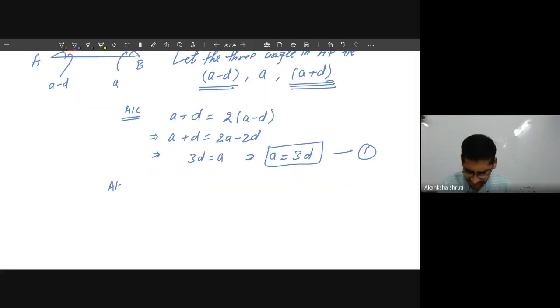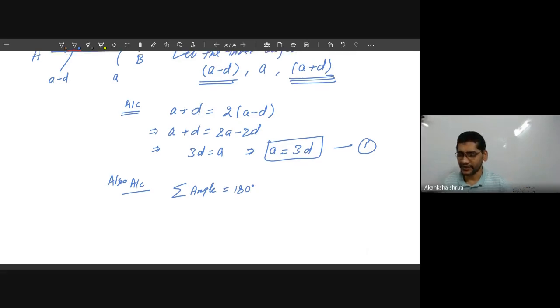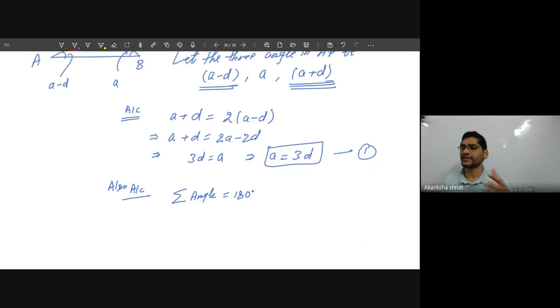Also, according to the question, the other condition is what? The other condition is that the sum of all the angles in a triangle is 180 degrees. Though it is not given in the question, it is always available with you. It is in your pocket wherever a term like triangle is given. Like if a right triangle, what does it mean? Pythagoras theorem is available with you. One of the angles is 90. The sum of the other two angles will be 90.